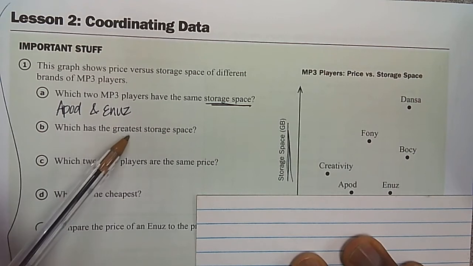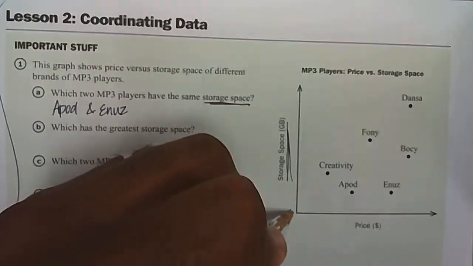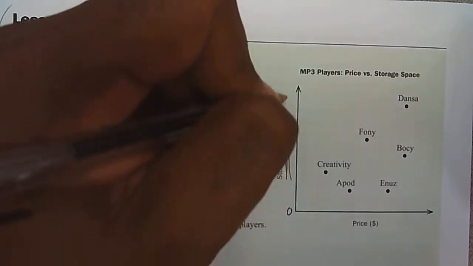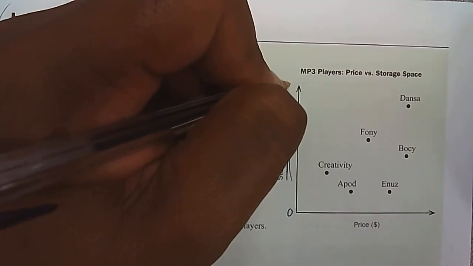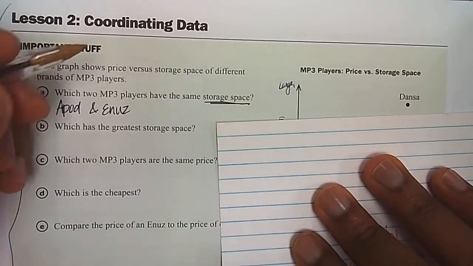Which has the greatest storage space? So on storage space, this is the low number, and as you go up, numbers get larger. So for storage space, the largest